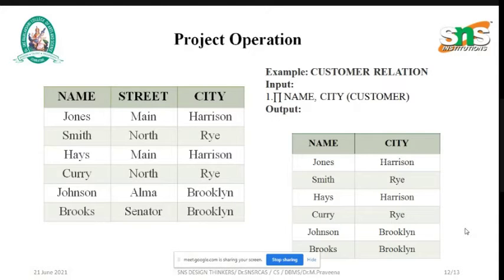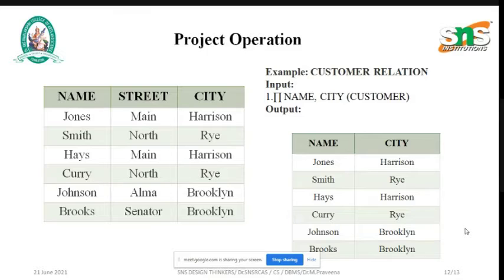See the example. There the table consists of three things: name, street and city. This table name is customer. It consists of three columns, three attributes, that is name, street and city. So we need to project only the name and city alone.